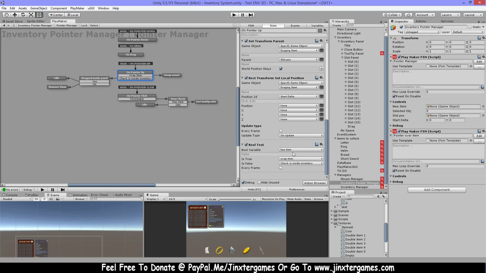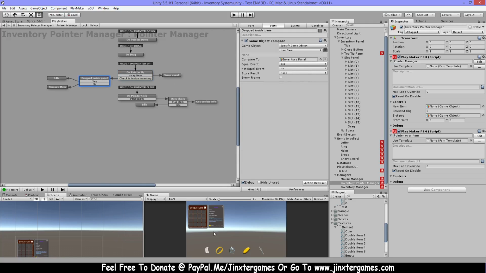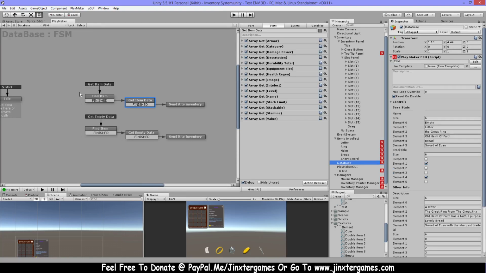Then I do this bool test if it has this item, or if it doesn't have an item. I will show you first. If it doesn't have an item, then it wants to know if the item would be the inventory panel, so if I release it somewhere inside this panel, it's going to register this inventory panel object, and if that's true, it's just going to idle. But if I dropped it somewhere outside the inventory, then it's going to be false, and it's just going to get empty data to the database manager. Let me see, to the database, and then